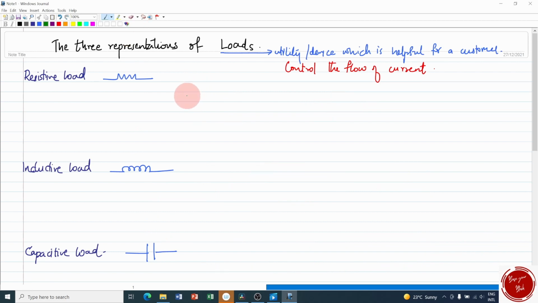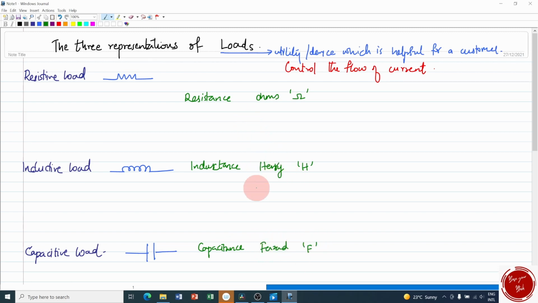So it's very familiar that the ability of a resistor to resist the flow of current is known as resistance, and it is measured in ohms, represented by this symbol. And the ability of an inductor to resist the flow of current is represented as inductance, and it is measured in Henry, which has the unit H. And the ability of a capacitor is termed as capacitance, measured in Farad, represented as F.